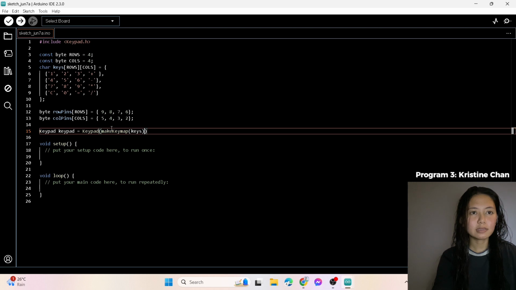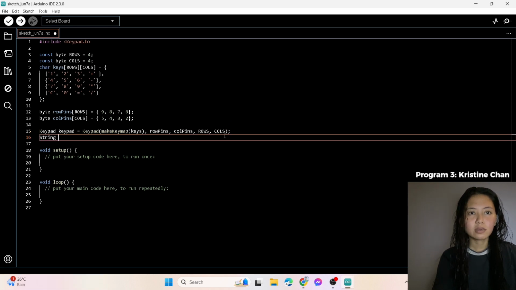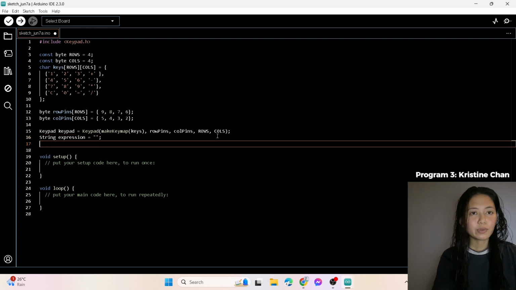Inside that is keys. And then next, rowPins, colPins, ROWS and COLS. Next, a string variable expression is initialized to store the user input. So let's type String expression is equal to,